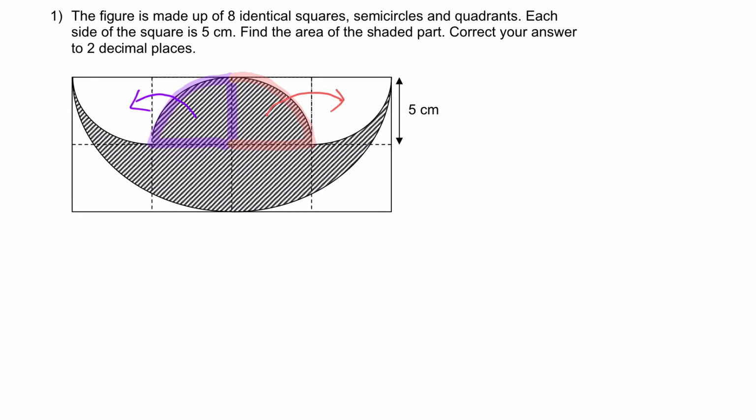Okay, so to repeat, after I've shifted this over here and this shaded quadrant over here, what I will get is one big semicircle with these 2 squares within it, they are unshaded. Alright, so to find the area of the shaded part, all I have to do is take this entire semicircle, subtract away these 2 squares, and that will give me the answer. Hence, let me first find the area of the big